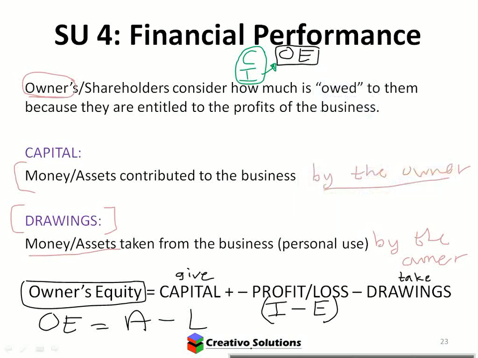What happens if I have drawings and expenses? Those are the other 2. It decreases it, correct. So that also affects owner's equity but negatively. If I draw more from my business, do I have more in the business or less? Less. You have less equity. If I have more expenses, will I have more or less equity? Exactly. So those are the 4 accounts that deal with owner's equity. Both relate to performance.